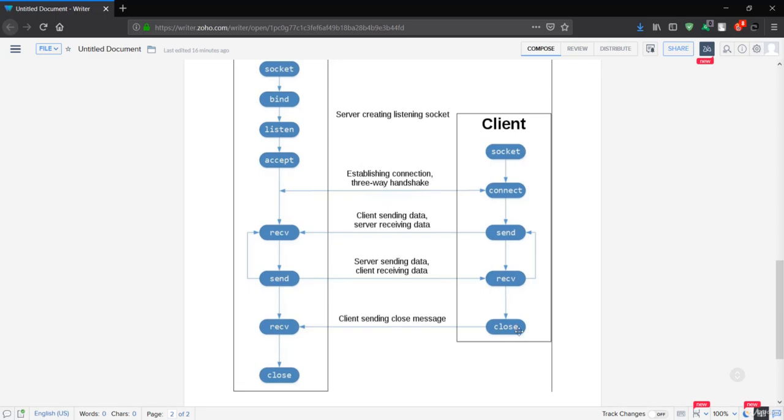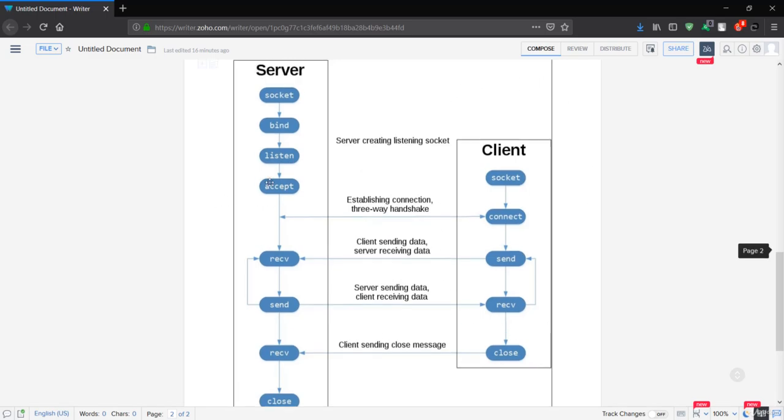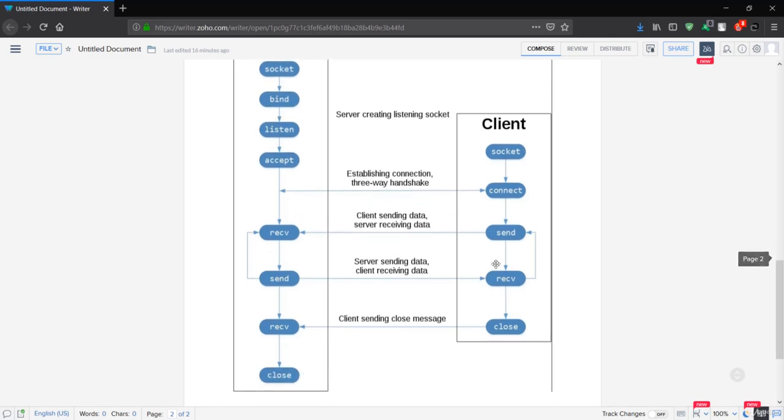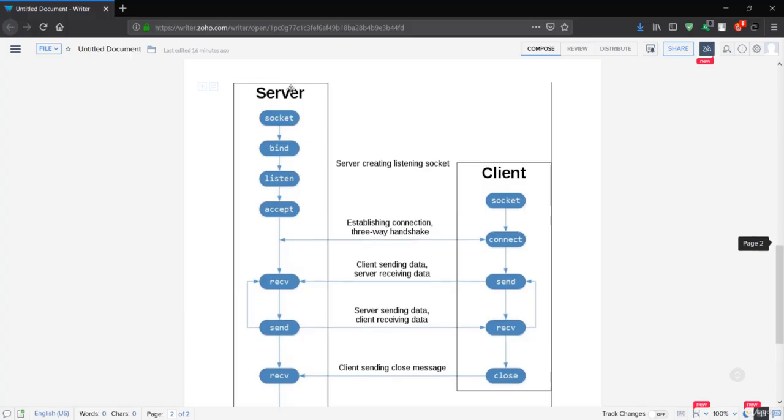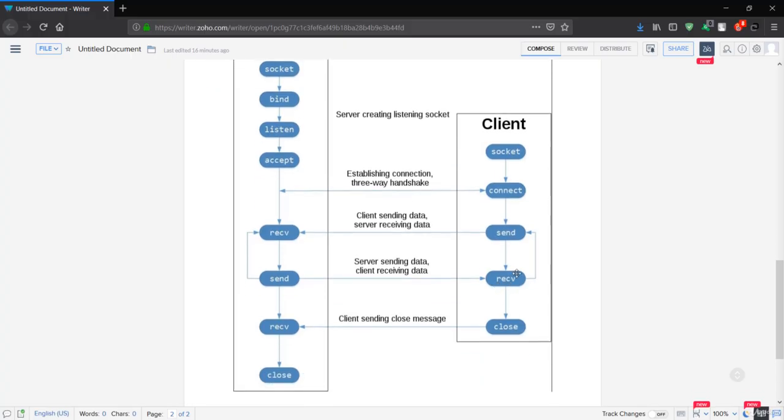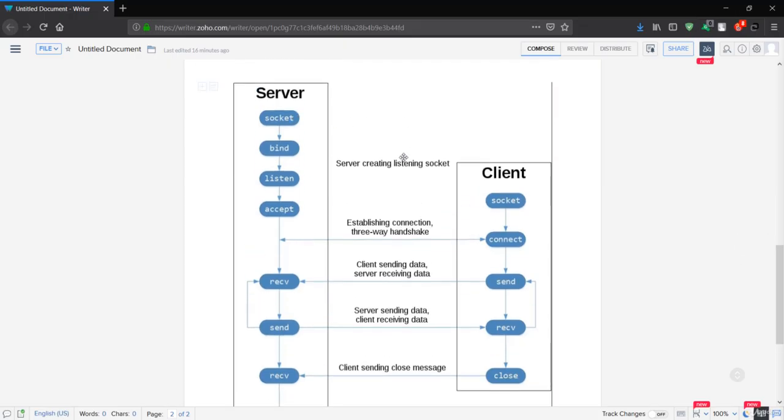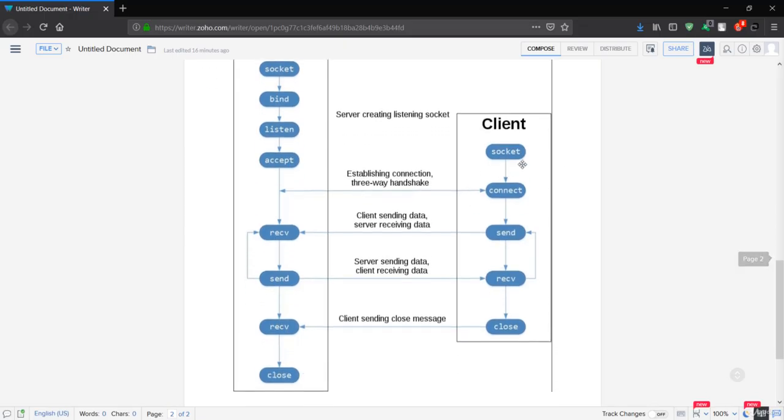We are restricted to the client side, we don't have access to the server side. That means we can make use of only the receive method in order to receive data. We can't use send because send is for the server, so we have to use the receive method in the client in order to get that data, because we are only coding in Python on the client side. We'll also do coding on the server side in an upcoming lecture, but for now we are only coding on the client side. That means we have to make use of the receive method to get the data from the server.